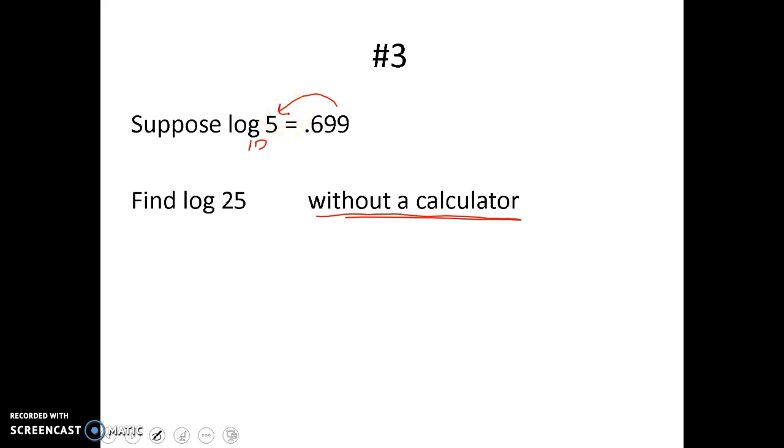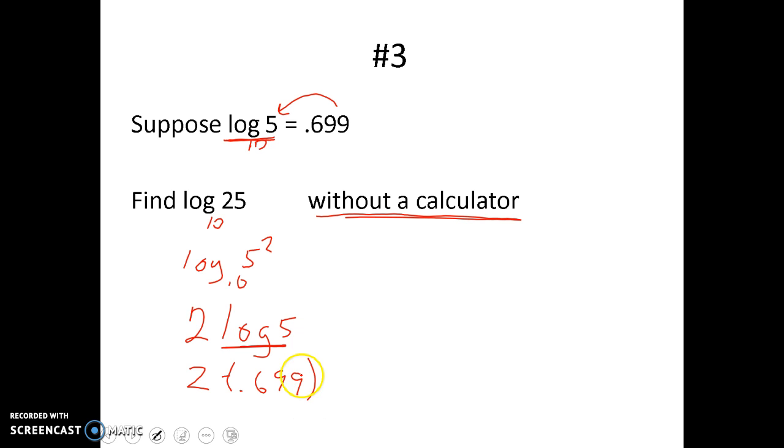So here we have a base 10 also. 10 to what power gives us 25? Well, this is the same thing as if we write it as the log base 10, or the common logarithm, of 5 squared. That's the same thing as 2 times the log base 10 of 5. We know that the log of 5 is 0.699, so we substitute 0.699 in for the log of 5, because that's what it's equal to. 2 times